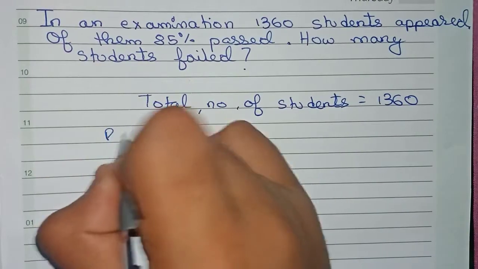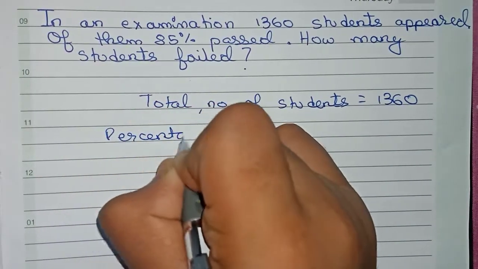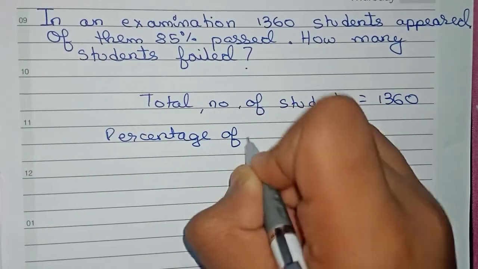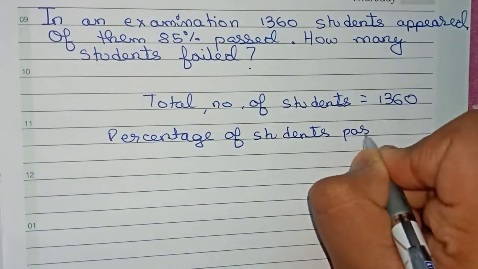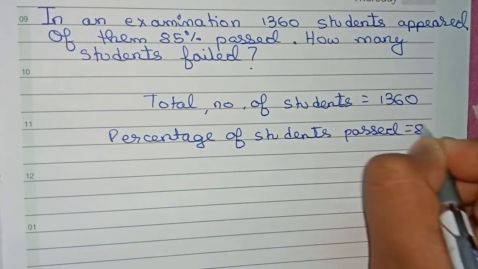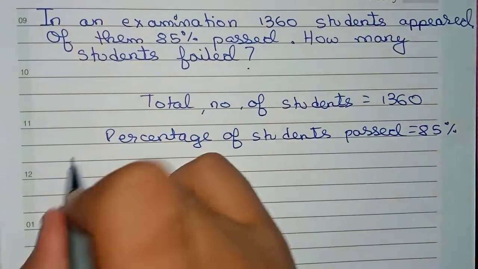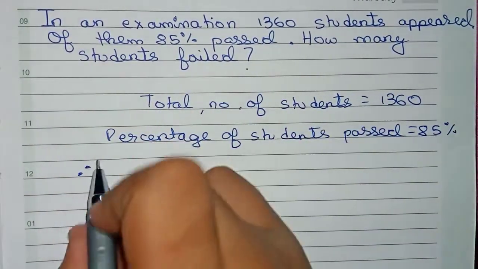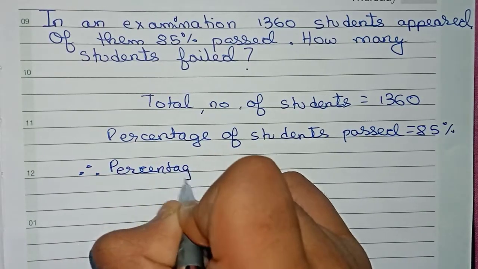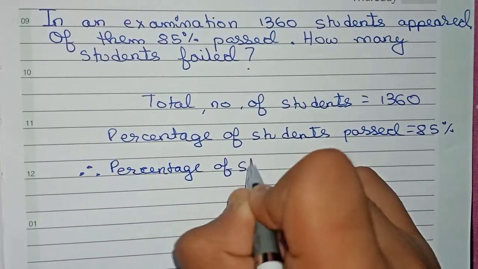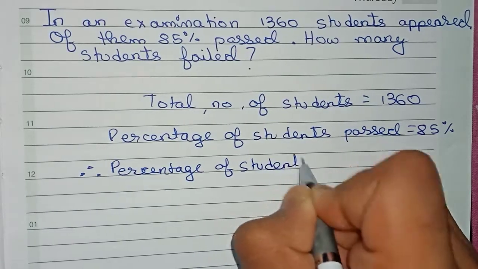Now the percentage of students passed equals to 85%. So now we write the percentage of students failed equals to,